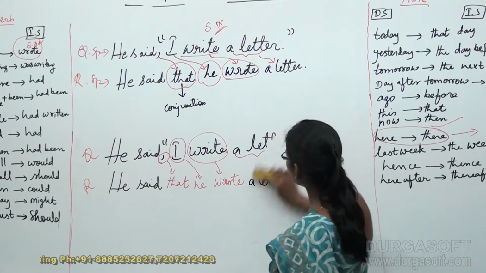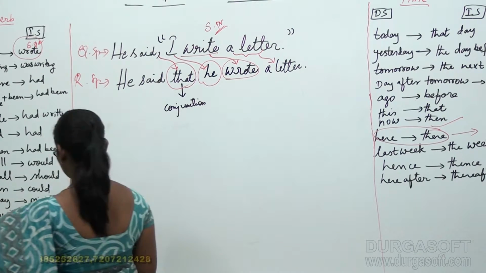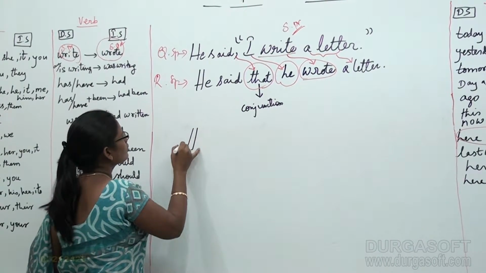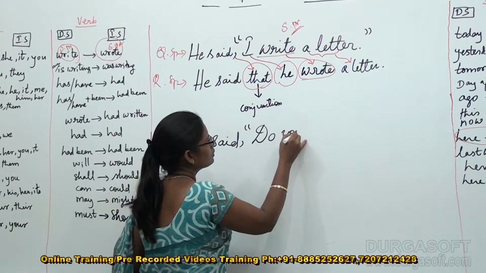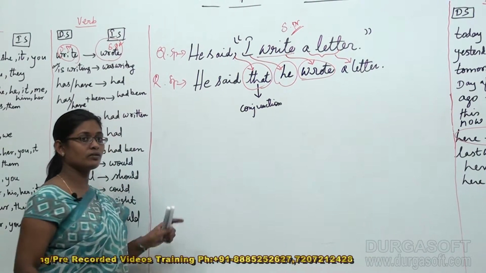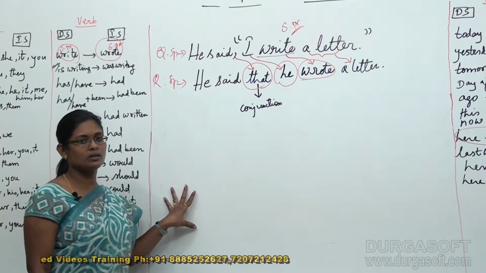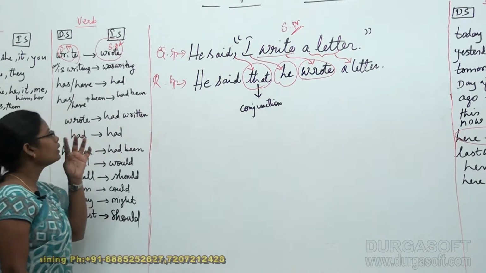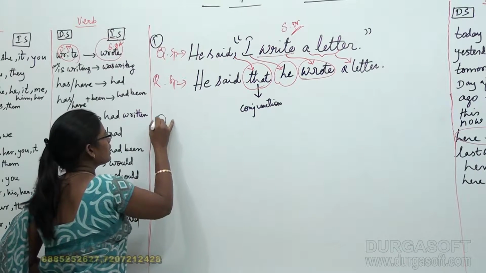Now, I want to show you one more example. That is, he said, do you? I would like to introduce all the questions once we finish with all the positive sentences. So if we bring them in between this information, again you get a little bit confused. So I would like to introduce the next part of the verb. Okay. Now this is the first case. Now when we take the second case, this is our first case. In our second case,